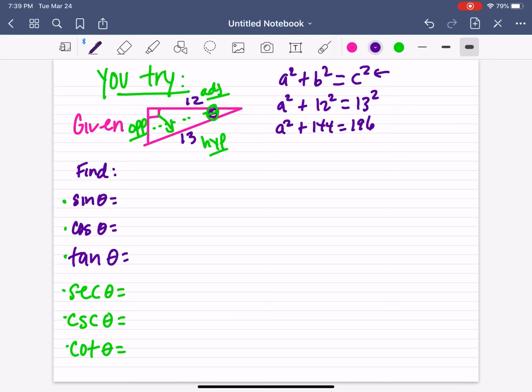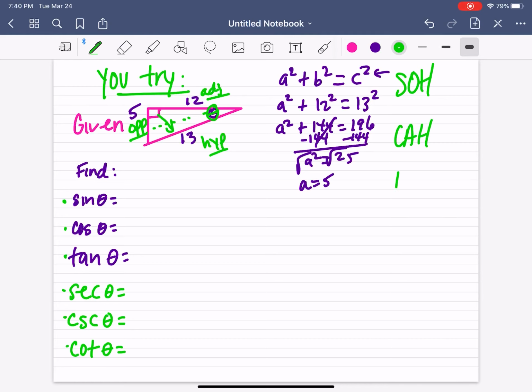Solve for a. So minus 144 on both sides. a squared equals 25. To get the a by itself, you take the square root of both sides. So a equals 5. So our missing leg is 5 units long. So now let's find our ratios. So again, you cannot find the ratios unless you know